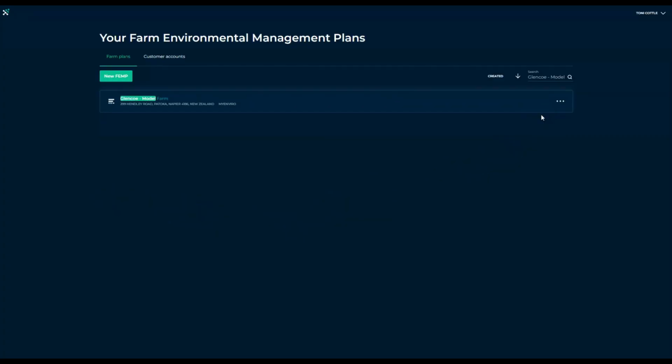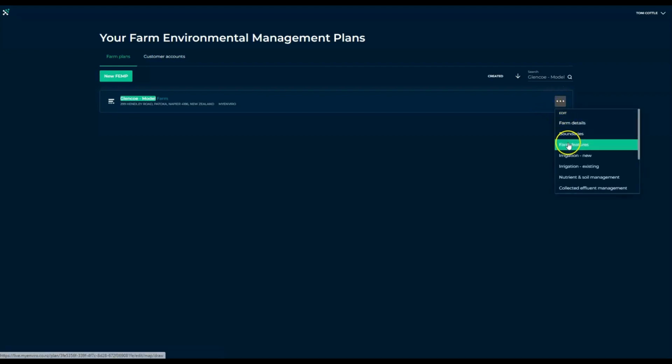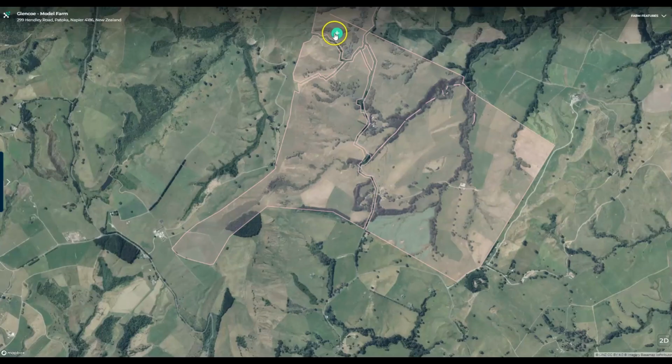Altering paddock shapes or creating new paddocks in the MyEnviro platform is completed in Edit mode. To enter your farm plan in Edit mode from the list view, ensure you have clicked the three dots to the right and selected Farm Features. To identify you are in Edit mode, you will see a green button with a plus sign at the top